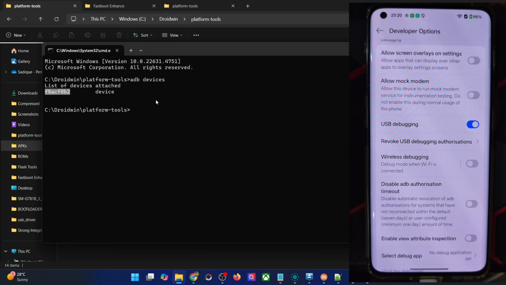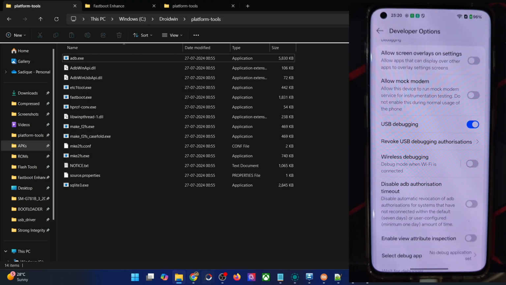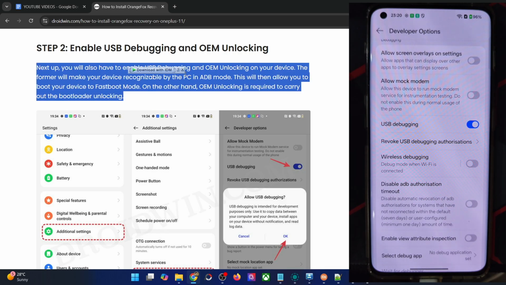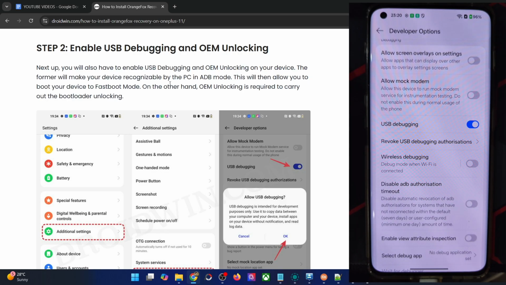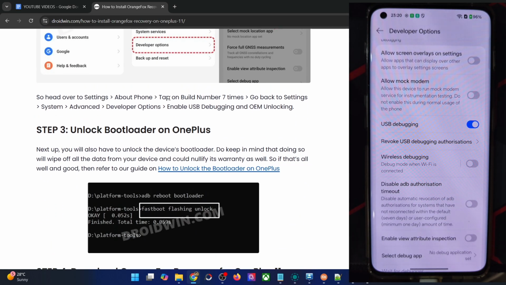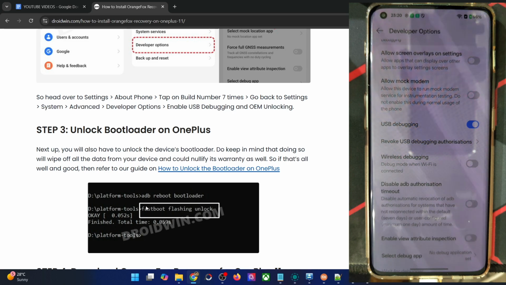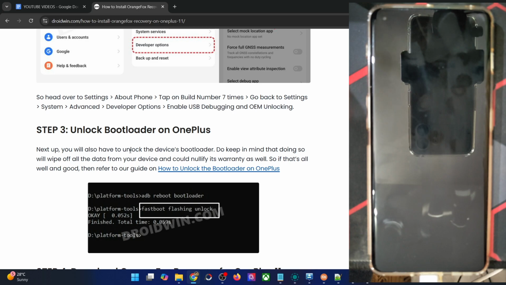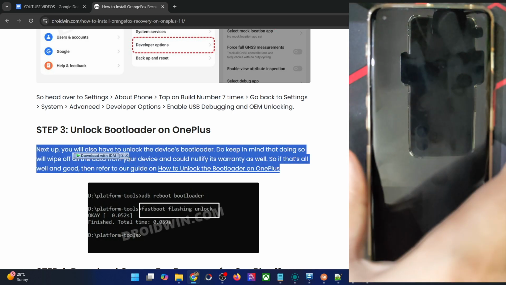Once you're getting this ID, your next course of action is to unlock the bootloader on your phone. Do note that unlocking will wipe off all the data and it might make the warranty null and void as well. If that's well and good, you could refer to a guide and get the job done. In short, simply boot your phone to the fastboot mode and use the fastboot flashing unlock command. You will get a prompt on your phone. So use the volume key to highlight, unlock the bootloader and press the power key to confirm. With this, the bootloader will be unlocked and your phone will then boot to the OS as well.